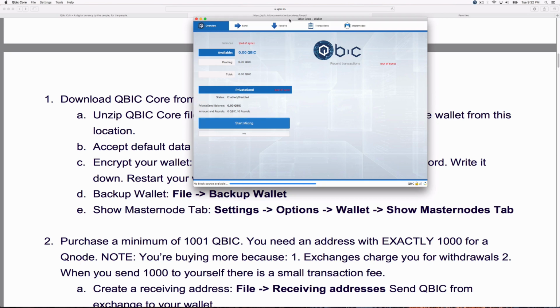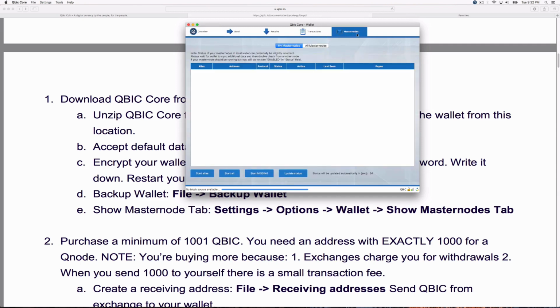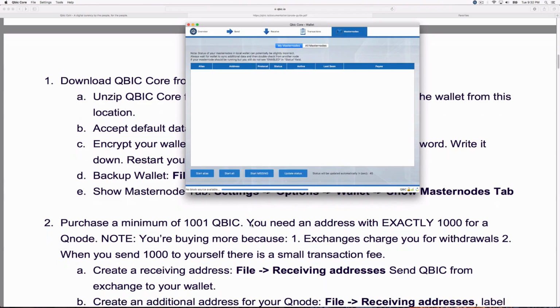Again, it's going to start resyncing the wallet, but now we have a Masternodes tab here with no Masternodes. And we are ready to go to the next step. Next step,